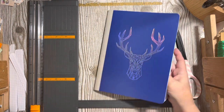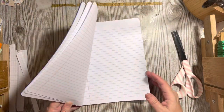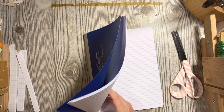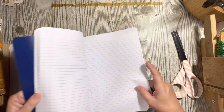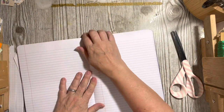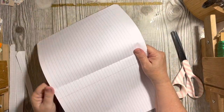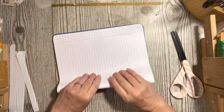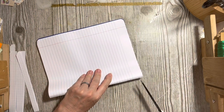So next, I am going to do the same thing with the composition book. Okay, so I'm going to find the center, and you'll be able to tell because it'll have stitching in the center. Okay, so there's my center. I'm going to go ahead and break the spine there. So go ahead and go back, rock it back and forth, and then it'll make it that much easier to close it like this. And we'll just go along and